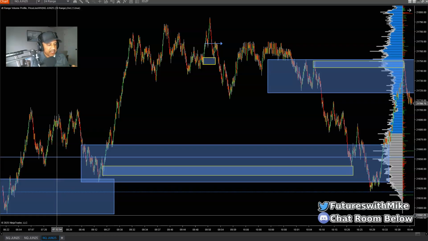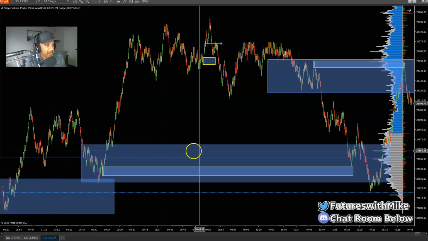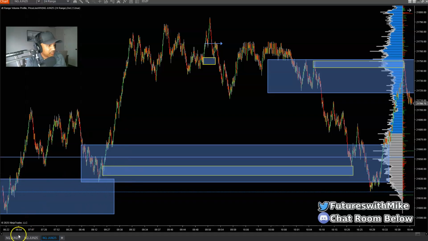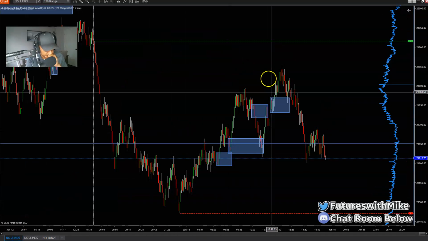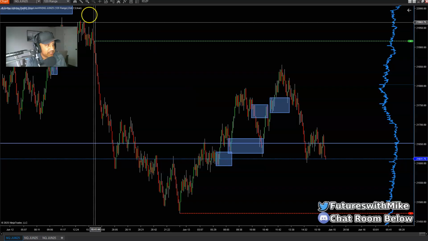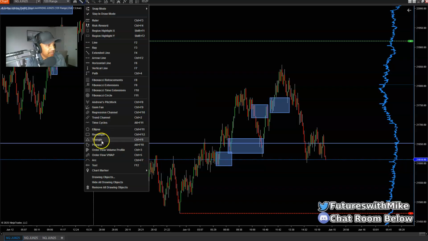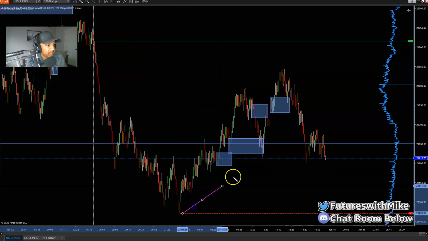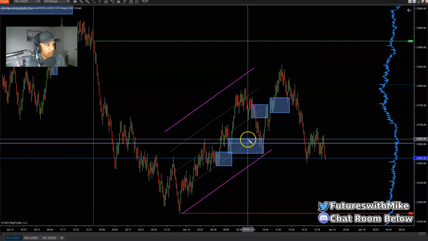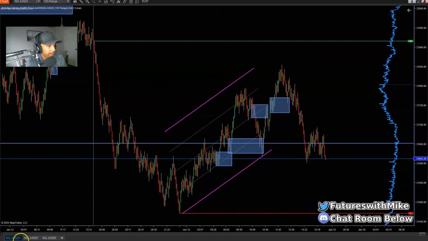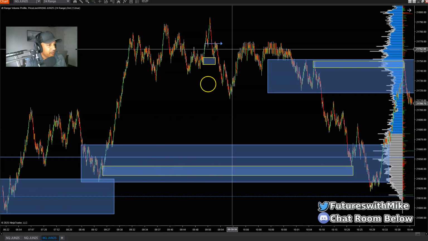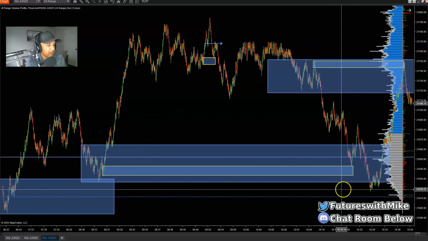Now, take a look at this. All right, so look, this is the higher time frame zone right here, that blue box. Let's go back to it on the higher time frame right here. Pulls back, structures to the upside, we are bullish. Just going to show you an example. Let's do a channel to the upside right here. Boom. Okay. Pulls back, key area of demand right here. We move down. I got it marked up on my higher time frame chart. Here it is on the lower time frame, that large box there.